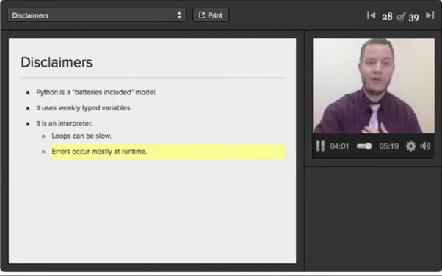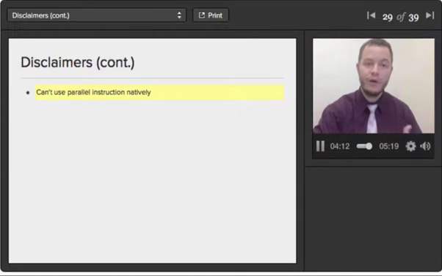Errors are mostly going to occur at runtime, right? Because it's not compiled, a lot of the errors that might be caught in Java or C are not going to be caught by Python. You can't use parallel instructions natively. However, we are going to download a library called IPython and use that to run a little bit of parallel